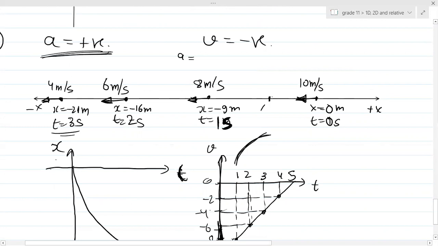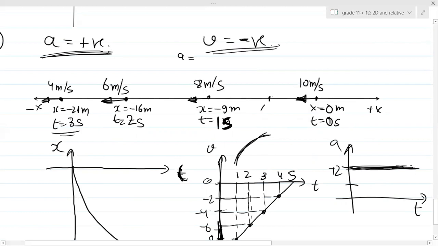So everything will be relatable once you start analyzing all the graphs. What about the acceleration-time graph? Since acceleration was positive, plus 2 meters per second squared, hence exactly the same line like this. Is this clear, guys? How exactly did I do it? Just analyze the previous case and think everything in the negative direction. So you'll get to know why we wrote this.